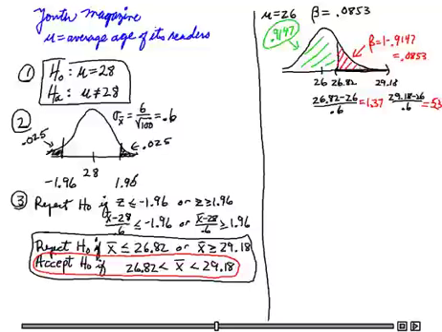Okay, let's go ahead and try another one. Let's look at calculating the type 2 error probability if the actual average turns out to be 27. Again, if the actual average is 27, the null hypothesis is wrong, and therefore if I accept the null hypothesis, I will have made a type 2 error. What's the probability of that happening? What's the probability that I'll get an X bar in my acceptance interval, somewhere between 26.82 and 29.18, if the real average is 27,